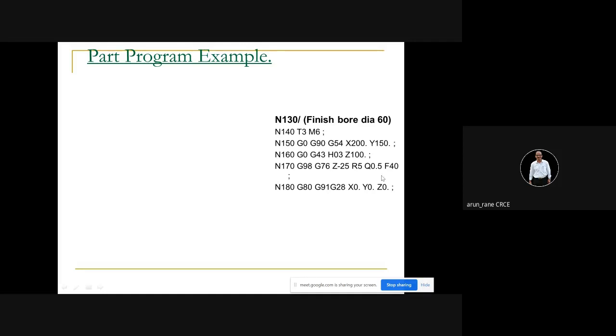And remember, as I told, there is something called the spindle orientation. The boring bar has to be inserted at a particular position only. If you are using the G86 or G76 boring cycle, then you have to insert your boring bar at a particular position. That is what is called the orientation. If you do not insert it at that position, then when it retracts, it will dig inside the bore, and an accident can happen.